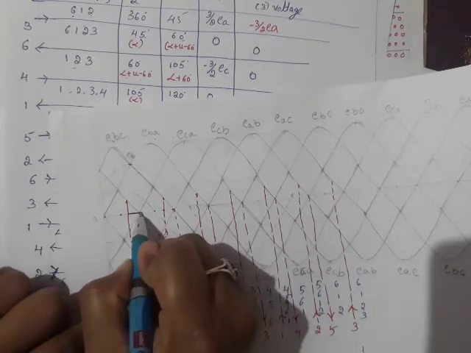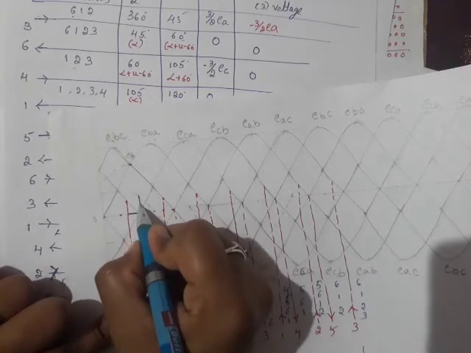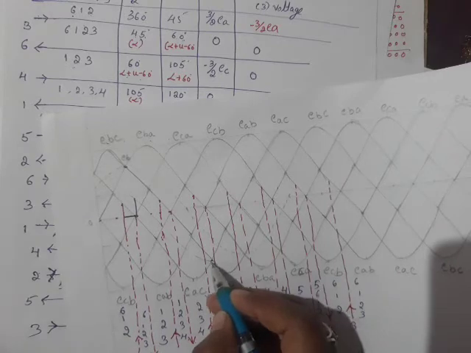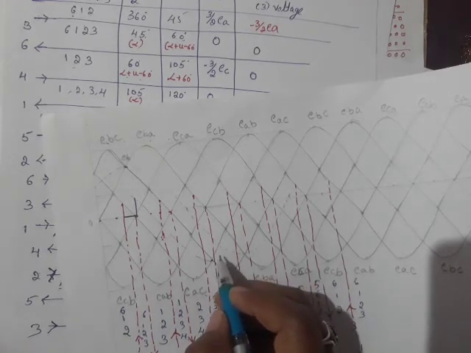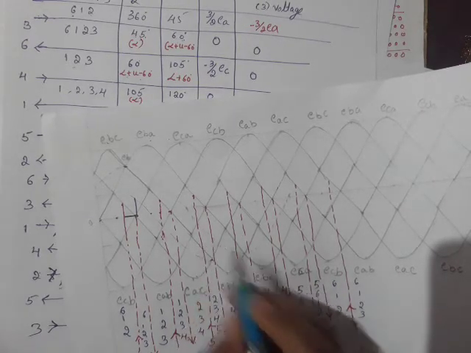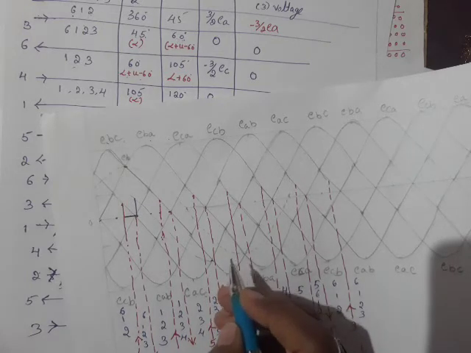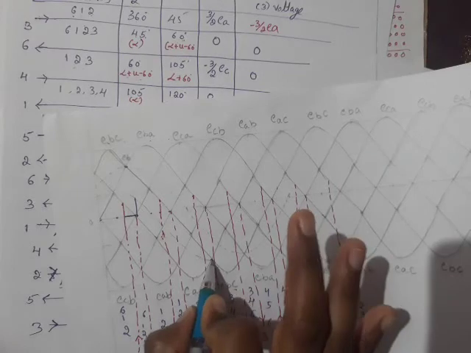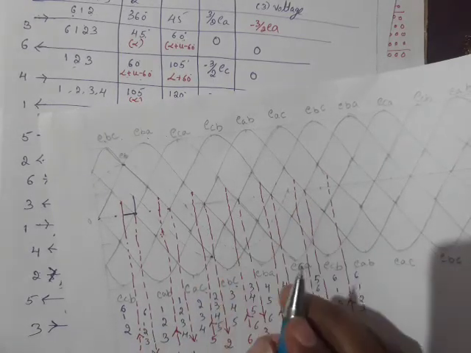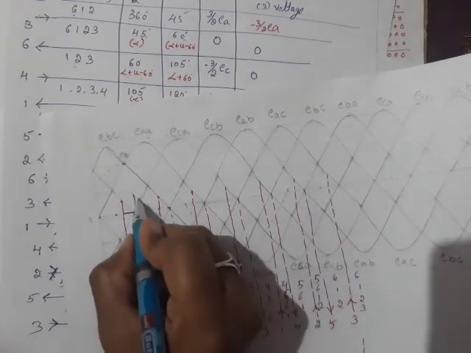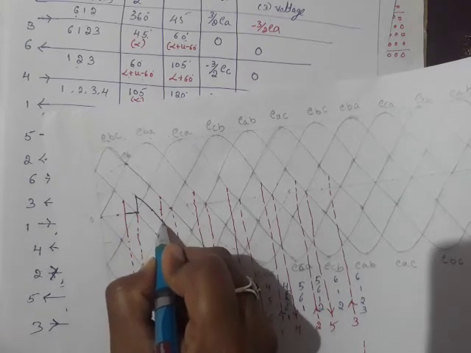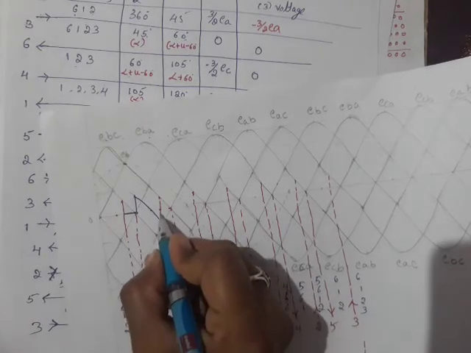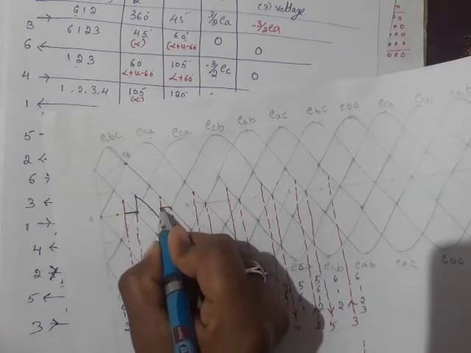So here the output voltage is 0. It will follow minus 3 by 2 times EC. If you consider only EC, it is root 3 times, somewhere here it will come. But minus 3 by 2 times EC, 1.5 times of that. So I have assumed this. This is just an assumption. The amplitude is higher, then it has to follow the same thing. Later when valve 4 conducts, it will drop back to 0.